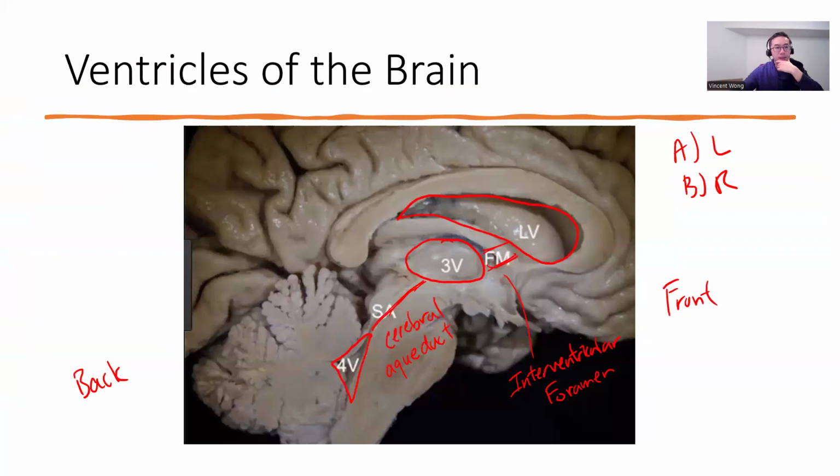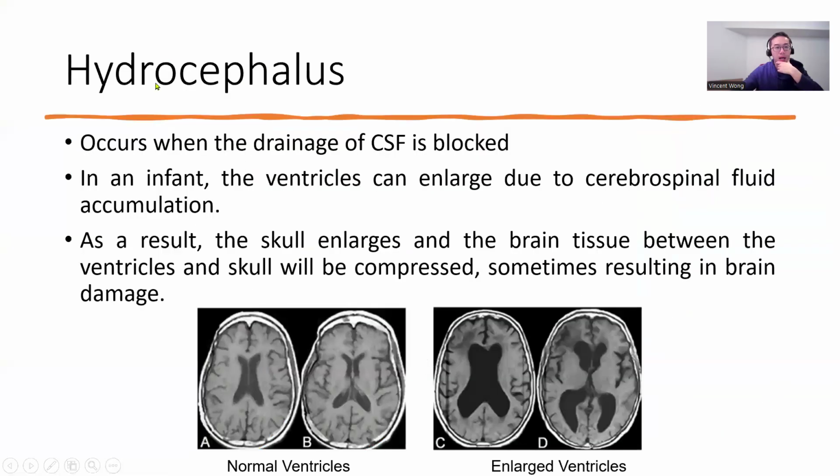No, that would be hydrocephalus. Hydrocephalus. Water in the brain. That's basically what the word means, okay? So it occurs when drainage of CSF is blocked. In an infant, the ventricles can enlarge due to cerebrospinal fluid accumulation. As a result, the skull enlarges and the brain tissues between the ventricles and the skull will be compressed, sometimes